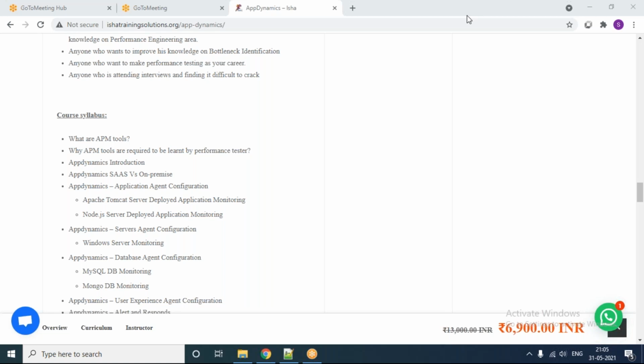So that is the understanding we are going to build in the introduction part. The AppDynamics tool has two different deployment models: one is the SaaS model, another is the on-premises model.